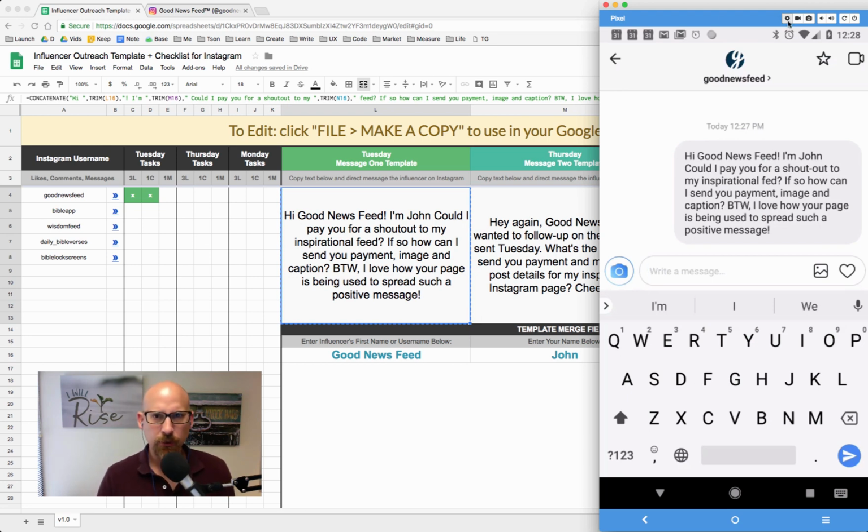If you don't already have something like this set up where you mirror your mobile phone to your desktop, I would highly recommend it. It's just faster to reply to comments, to make comments, to do a lot of things from your desktop computer rather than on the mobile device, if you're really using this as a power user in Instagram and you have to comment a lot of times. It makes everything easier, especially when you're copying and pasting messages so you don't have to type them out every single time.